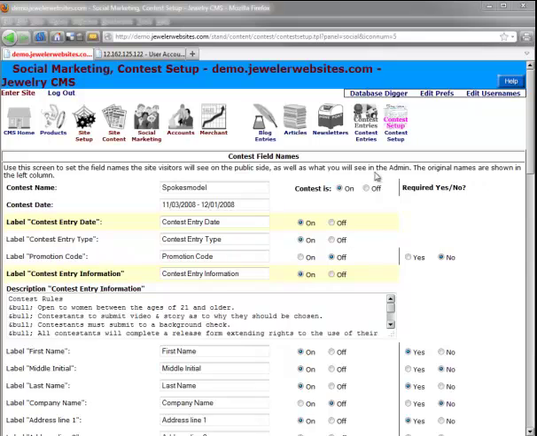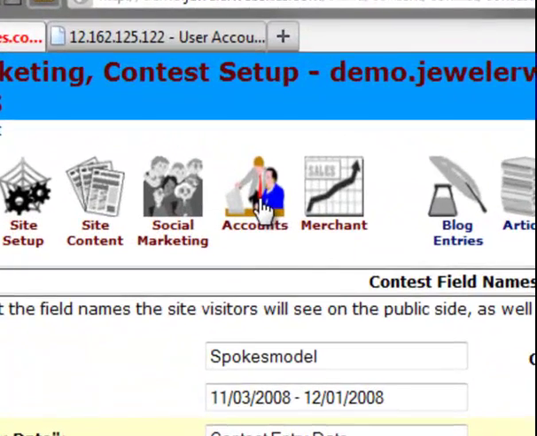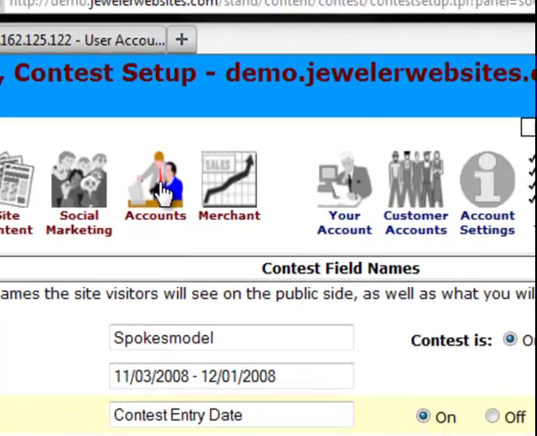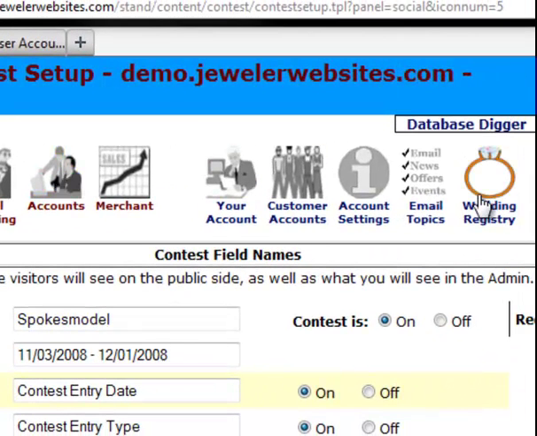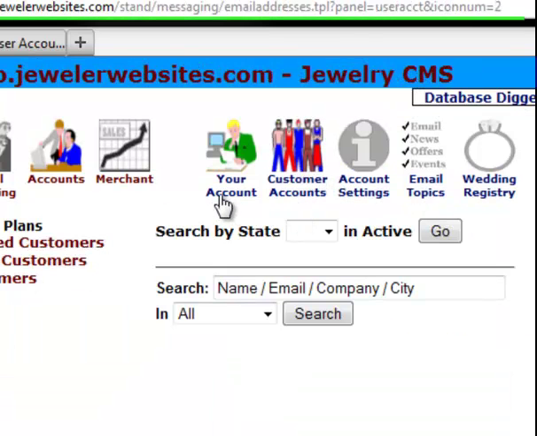To enter the Accounts module, you would click on the icon up on the top left that says Accounts. This will change the display on the top right to a number of icons. In this particular demonstration, we see 4 icons up at the top: Your Account, Customer Accounts, Account Settings, Email Topics,